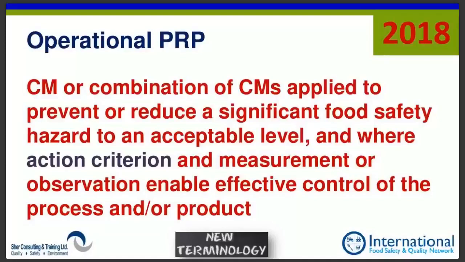It's not necessary to be the last point. What is necessary is to be the most effective. So if I do have a few control measures along the way, and I want to choose which one's going to be CCP, then I will choose the one that is the most effective, not necessarily the last one. And that makes a lot of sense. Because if the hazard coming in is a hazard that's being introduced through raw materials, I wouldn't like to keep it in my plant all the way to the end. I'd like to eliminate it as soon as possible. So sometimes I will use the last point, sometimes I won't.